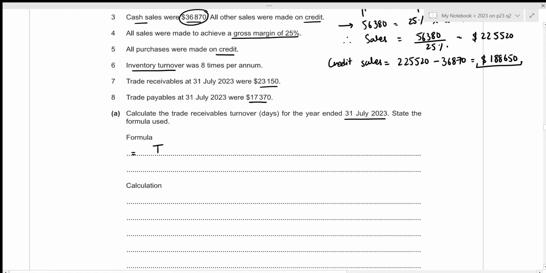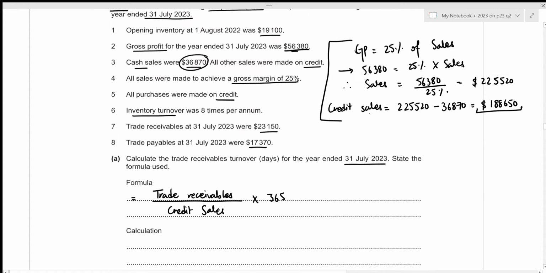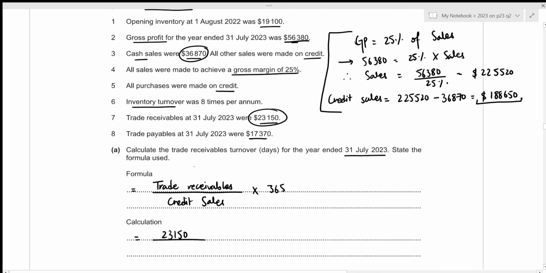Formula is very simple. It is just trade receivables divided by credit sales times 365. Now we need to show the calculation, and in this case you also need to show the calculation for your credit sales within that section, because credit sales is required in order to calculate the trade receivables turnover days. Now the value for trade receivables given is 23,150. We need to divide it by our credit sales, which we calculated to be